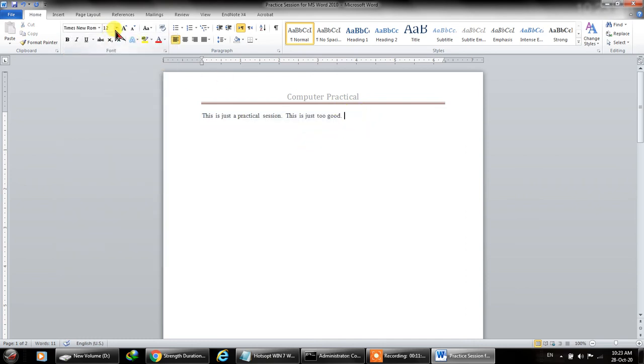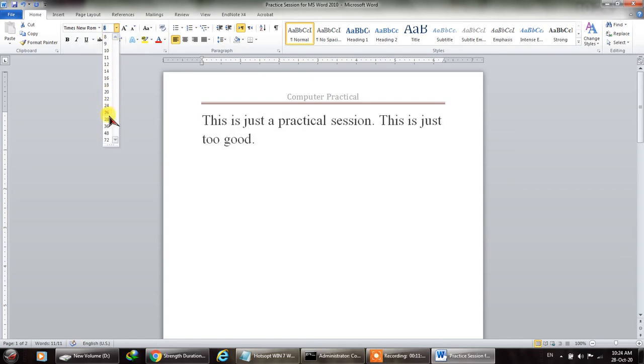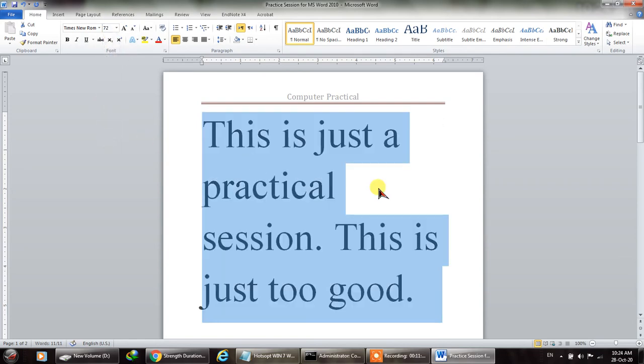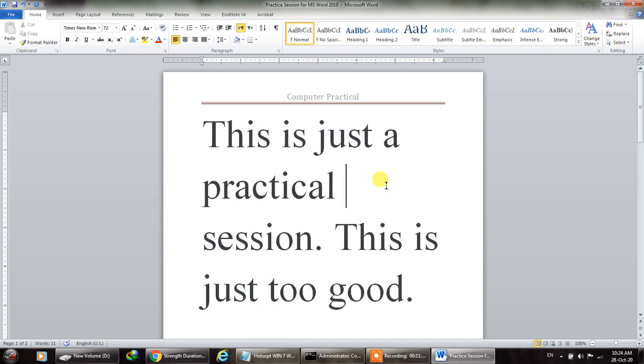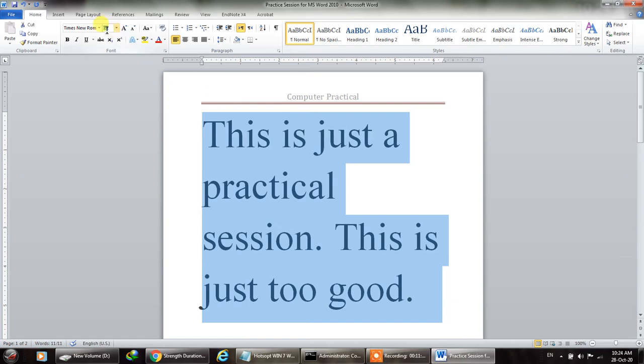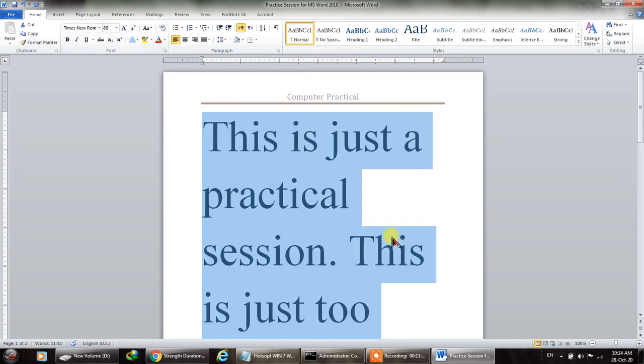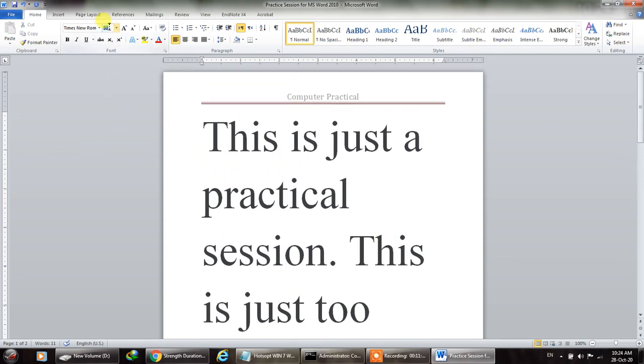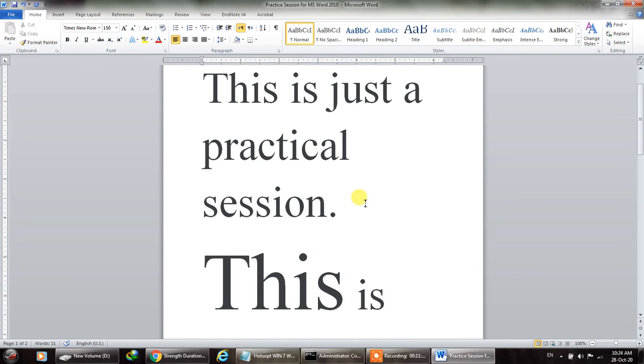The next thing is your size. This is called the font size and it is measured in points. So standard is 12 points. When we click, this is 8 point, but it is still readable. If you click over here and click, let's say 72, this is the maximum font. Or let's try, I've never tried beyond 72. Let's go for 80, and it's taking you to 80. And how about 150? There you go.